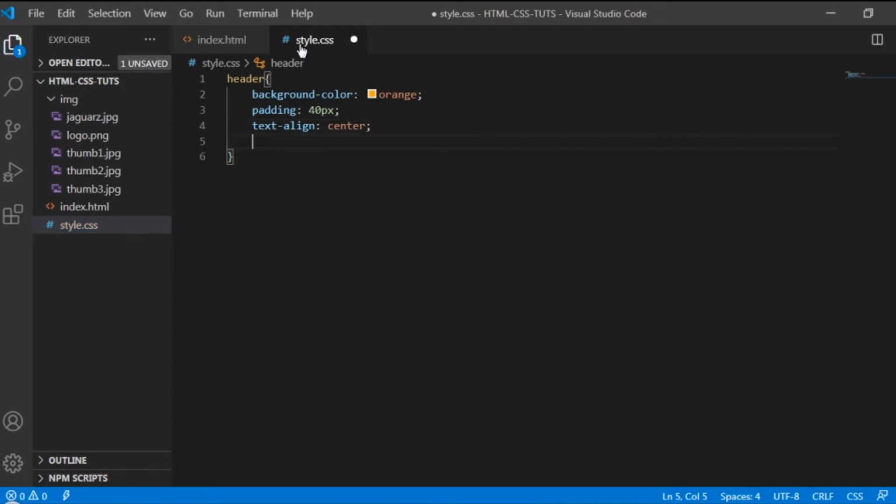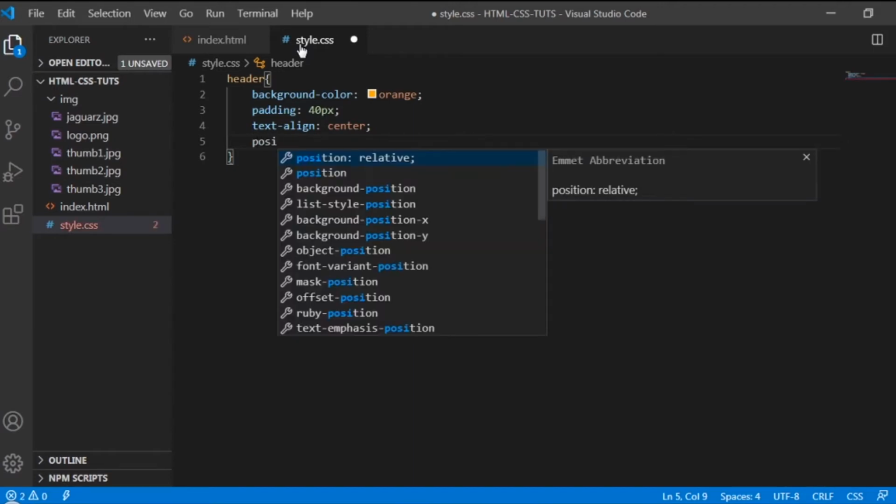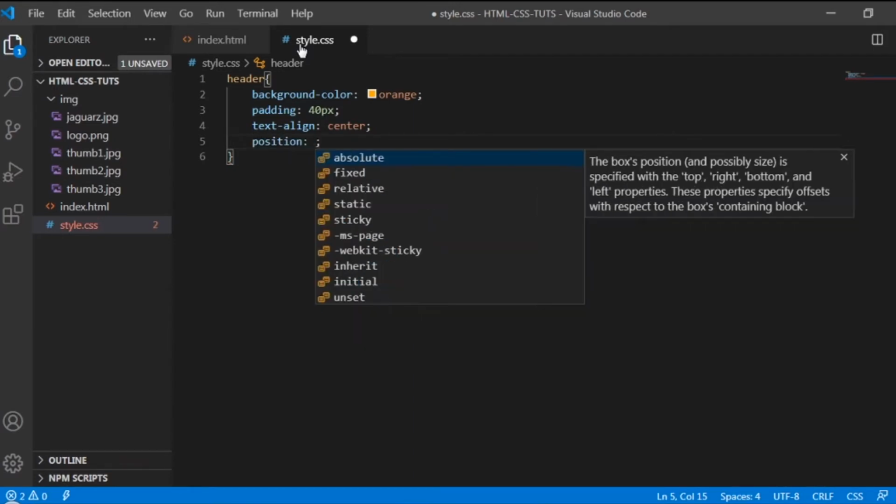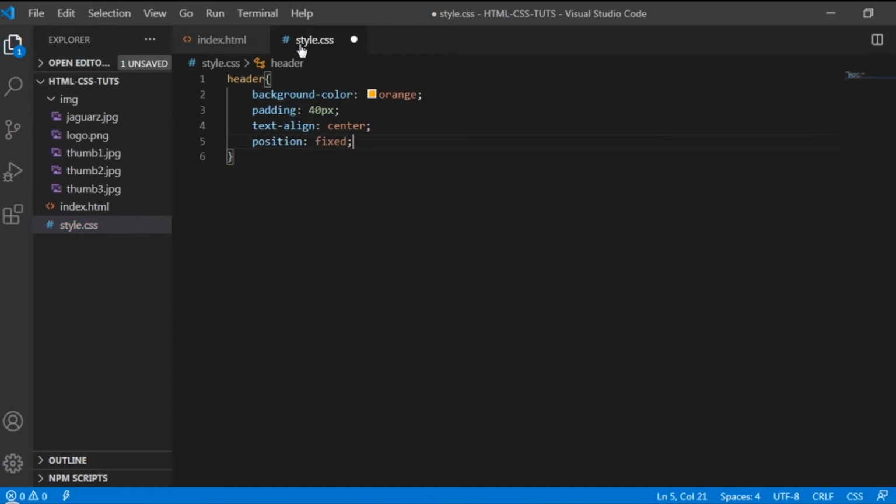There you go. And then I will set the position to fixed. Okay, so position is fixed. The width is 100% so that it comprises the whole page.